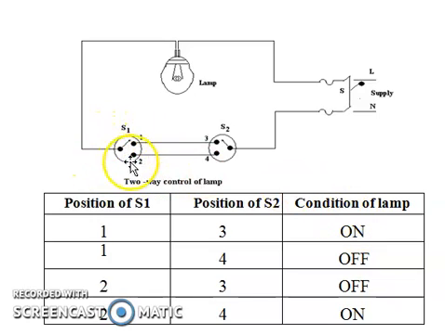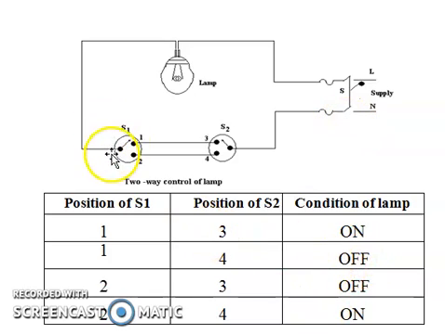So another case is when switch number 1 is at position 1, but switch 2 is at position number 4, like this. If the switch is connected like this, you see the power supply is coming like this, and here it will come up to this point, but the switch is connected to position number 2, which means there is no connectivity from here to here. So when switch number 1 is at position 1 and switch number 2 is at position 4, there is an open circuit, no lamp turns on. So the condition of the lamp is off.